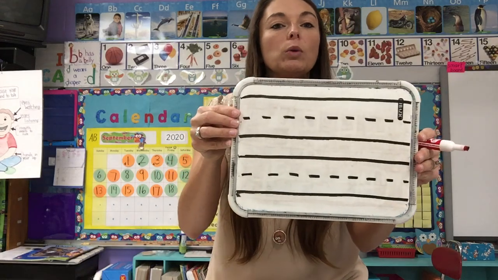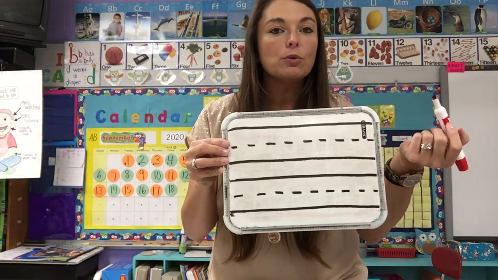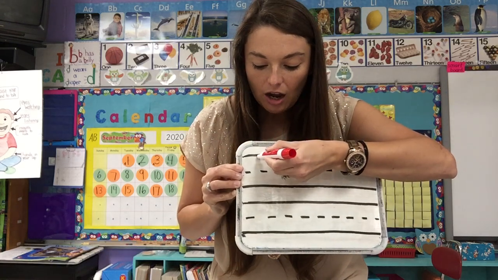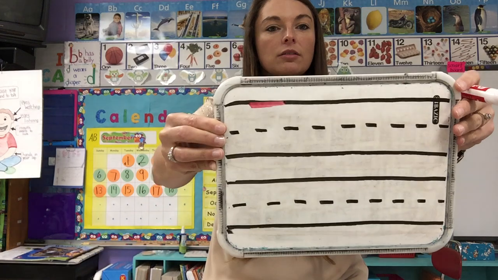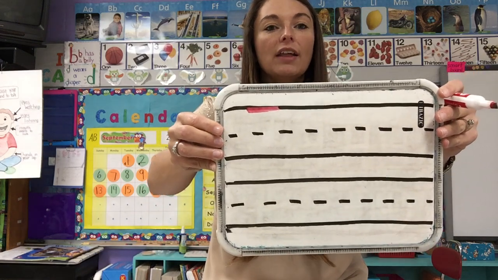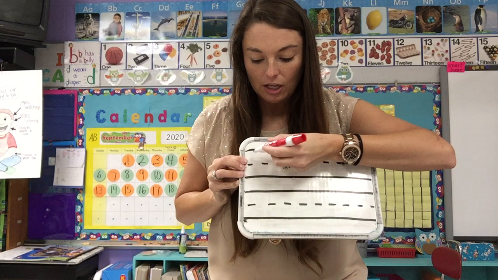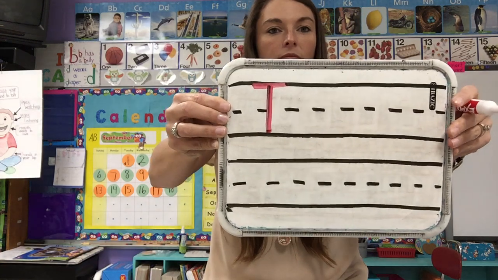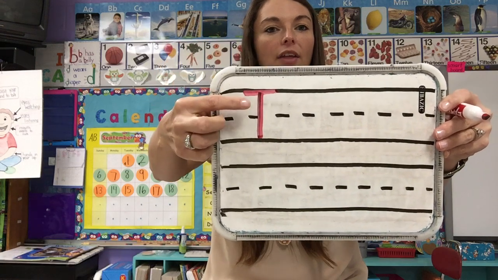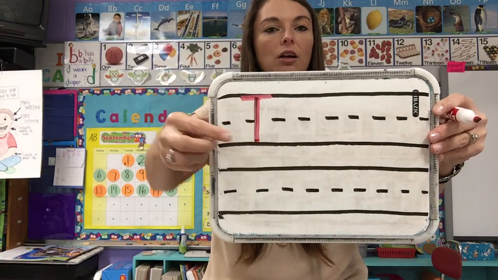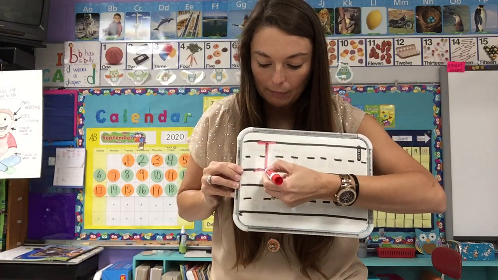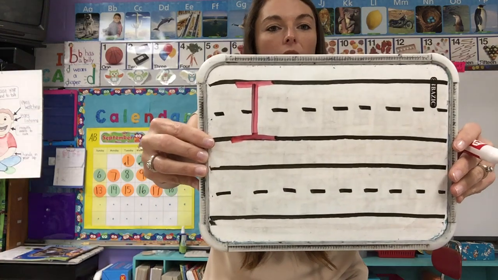So I'm going to use red for the letter I. When we write the letter I, it's very simple. It's just made up of 3 lines. So we're going to make a line across on the top, just like this. There's my line across. Then I'm going to go to the middle of that line and do a straight line down from the top to the bottom. So I made a line across, and then I made a straight line down from top to bottom. Then to finish my I, I'm going to go to the bottom and make a straight line across the bottom.